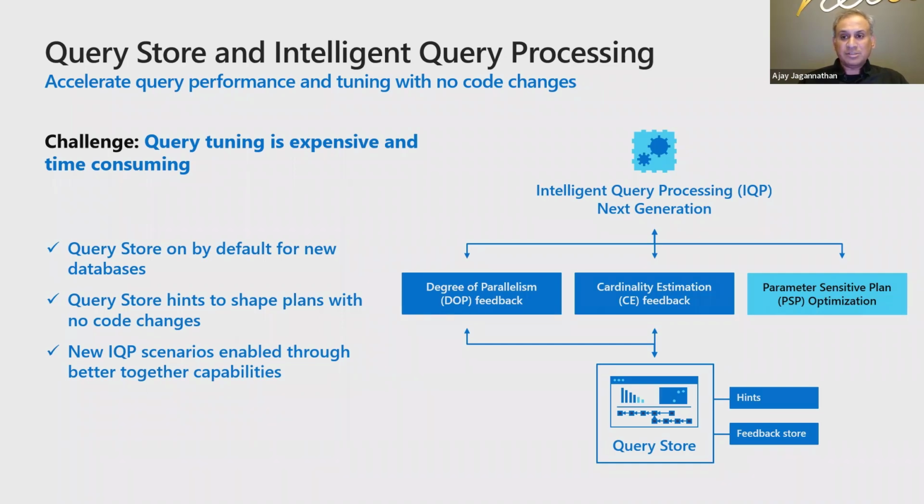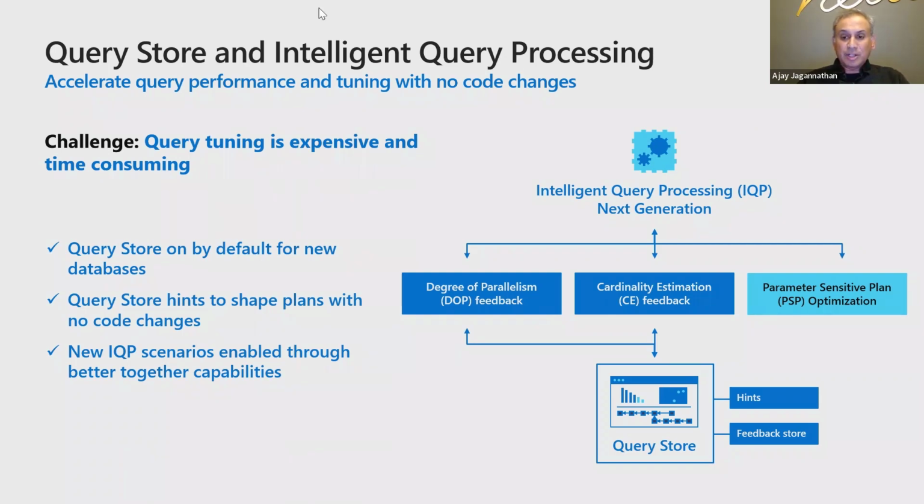for new databases. The feature itself has been in the product for many releases, as we saw in the beginning, and the confidence we have gained in the product through advancements in Query Store, as well as millions of databases where it's turned on by default in Azure, has given us the ability to turn it on by default going forward in 22 and beyond. This allows us to enable some new features, such as Query Store hints, which you can use to shape plans and require no changes if you're using plan guides.